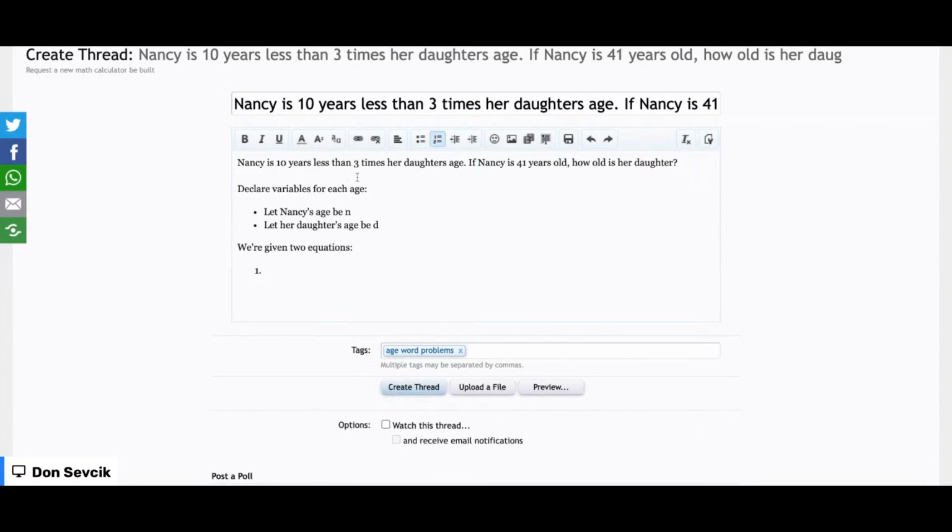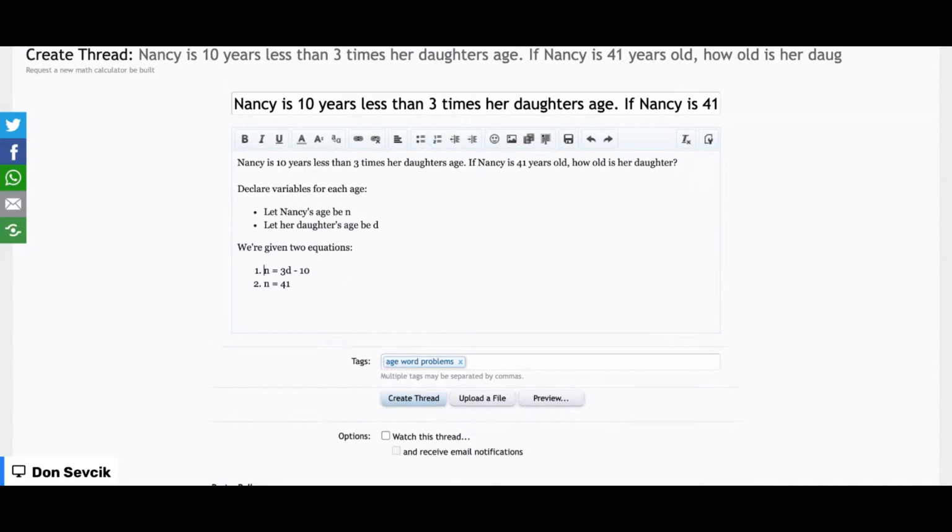So if we take 3 times her daughter's age, minus 10, less means we subtract, right? 10 years less than 3 times her daughter's age. Nancy's age equals that. We're also told n equals 41. Nancy is 41 years old. Now, this one is beautiful because Nancy's age is already solved for. So we set 3d minus 10 equal to 41